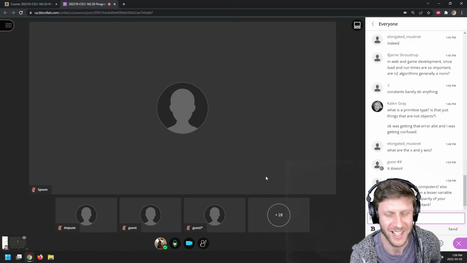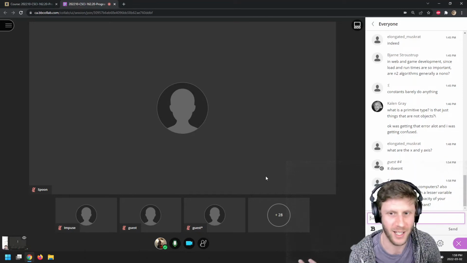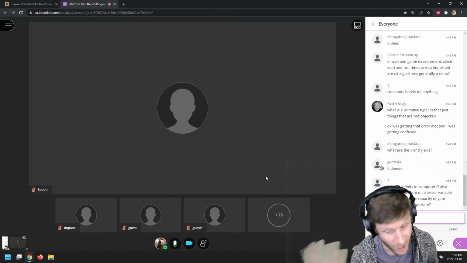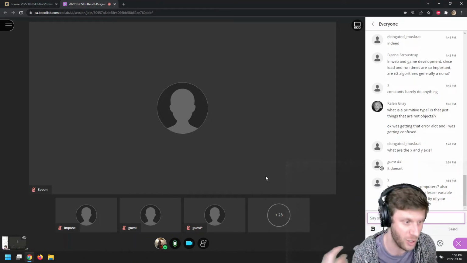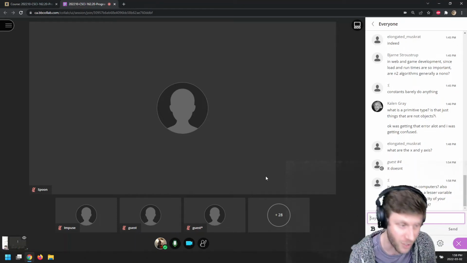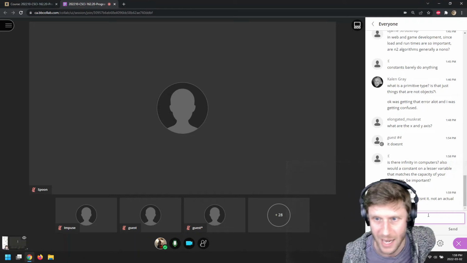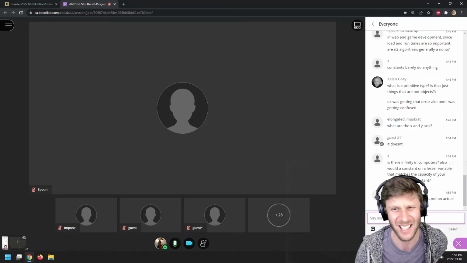Well, no, there is a finite amount of space on your computer, right? So there isn't infinity. But in computing, when we talk about computation, we do use the idea of infinity. So there's an inherent limitation of these computing machines. Would a constant that matches the capacity of your computer be important? Yes, but,